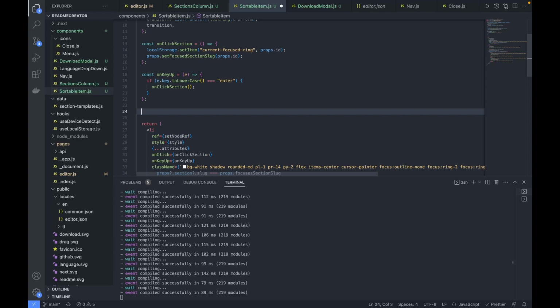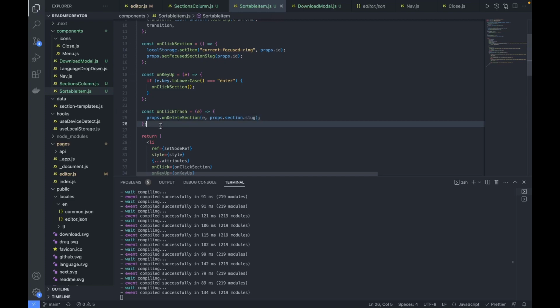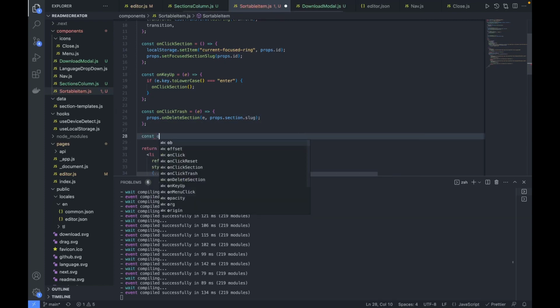So in that, let's write first on click trash. So here event will be the input parameter. So here we will just call the callback function, that is on delete section, and pass that slug. Okay, and now in on click